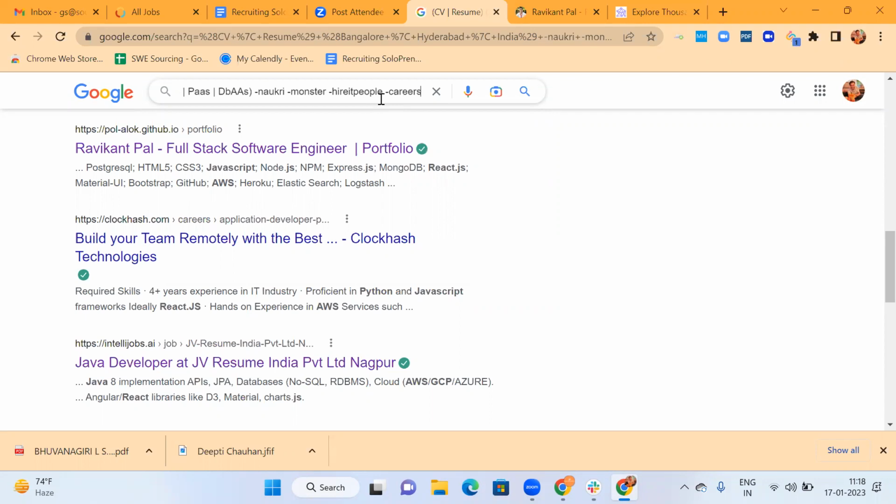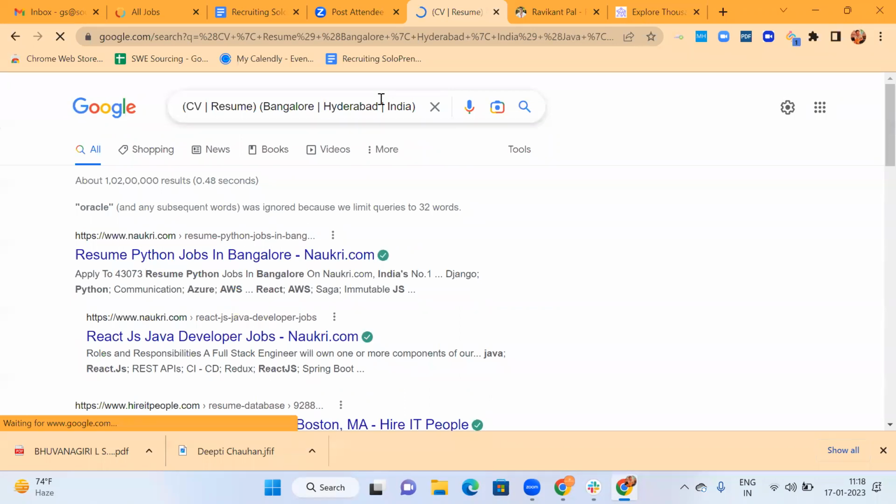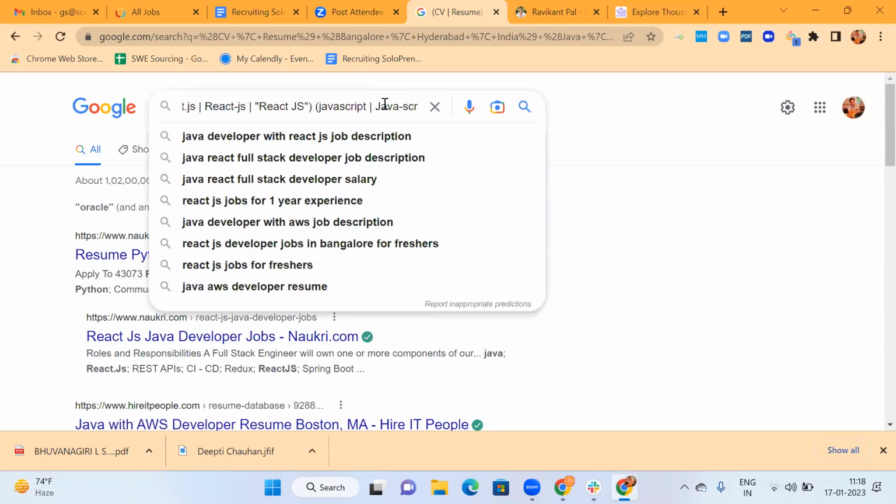Shiva, I have one question on this. Yeah, please go ahead. Can you hear me? We can hear you. So already it is excluding some. As we reached more than 32 keywords, it's excluding from Oracle onwards, anything after Oracle. No, it's excluding only Oracle. What it's doing is trying to understand a keyword which has the least number of results, and it started excluding those.